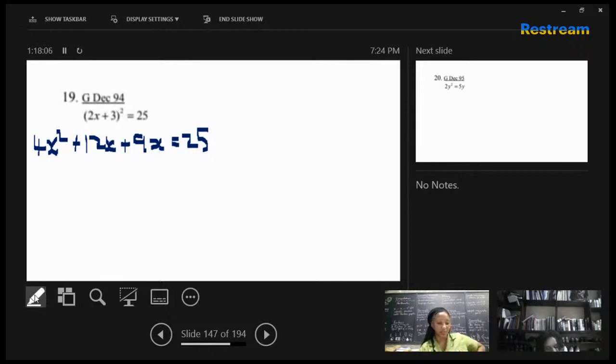Sorry, the 9 shouldn't have any x. Alright, so simplify it now. You said the formula was a squared plus 2 times a times b plus b squared. Okay, thank you. So 4x squared plus 12x plus 9 is equal to 25. Simplify it now. So just carry over the 25. So 4x squared plus 12x plus 9 minus 25